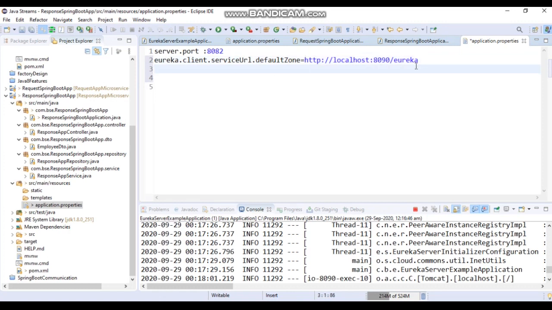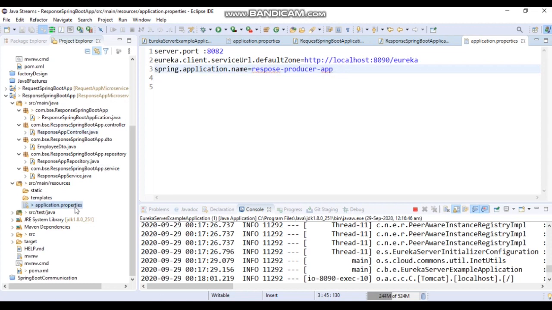This is the location of Eureka, and then we will set the application name: spring.application.name is equal to response producer app. We'll register it as response producer app. This name will be registered in the Eureka server at this location.